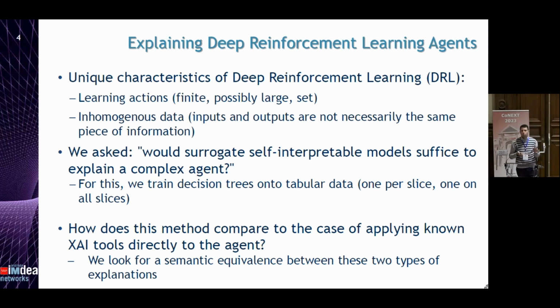Possibly it's inhomogeneous data because, as we've seen, KPIs are very different. This is the input of your model and is very different from the output of your model. And if we go back to time series forecasting, well, inputs and outputs basically are the same quantities. So those are very different things. But if we put this in analogy to computer vision, imagine a classification task, and you want to classify images, for example, with given labels. So labels also are a finite set.